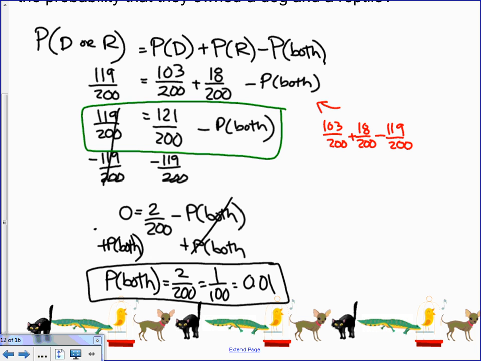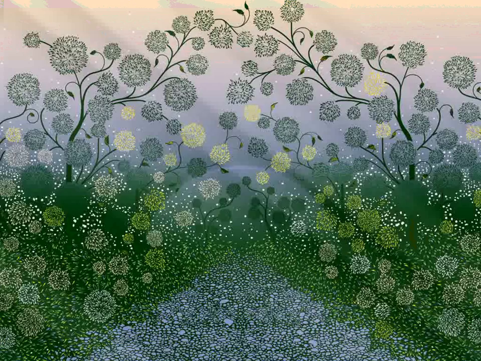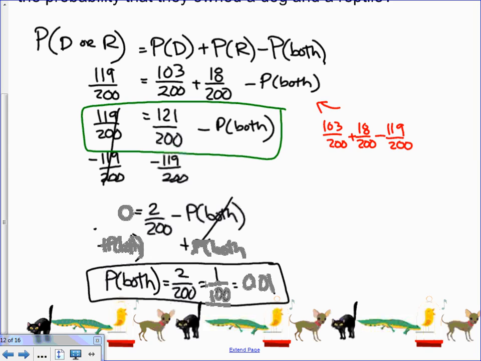You can just reason through it that the probability of both has to be 2 over 200, because these things have to be equal. Probability should be a chapter where you can think outside of the normal algebraic box. So don't be afraid to do that when you're working on homework and things like that. You do have to make sure that you're